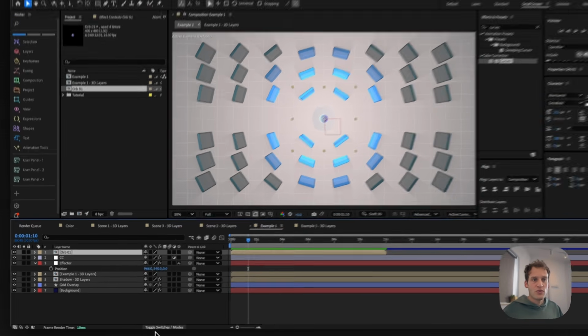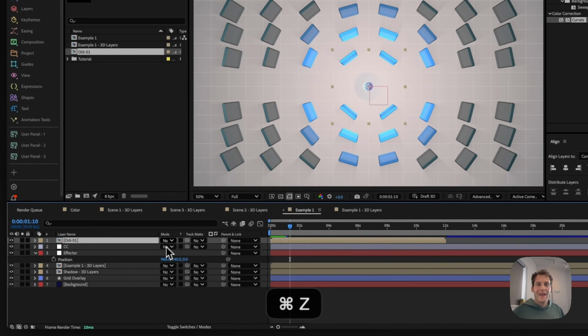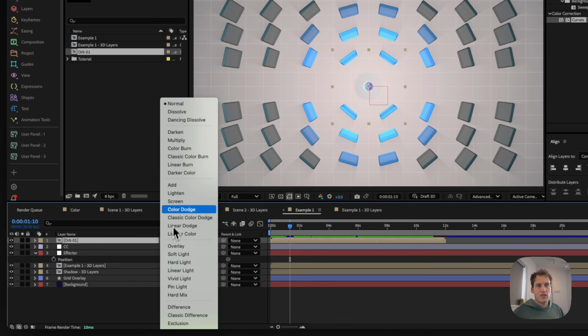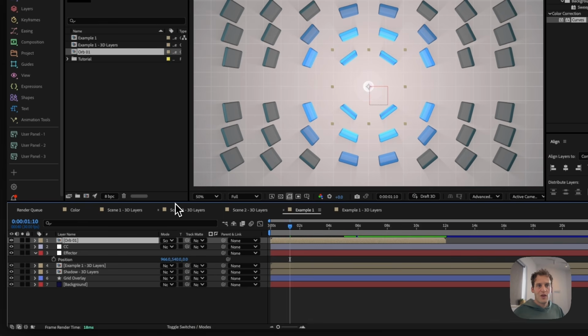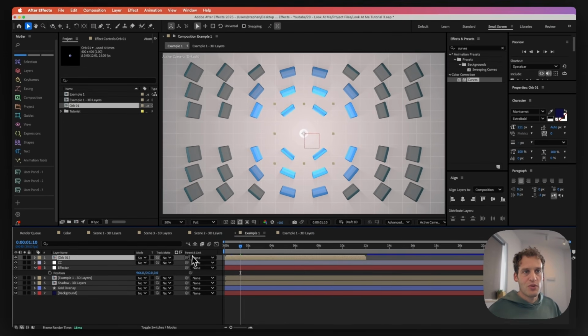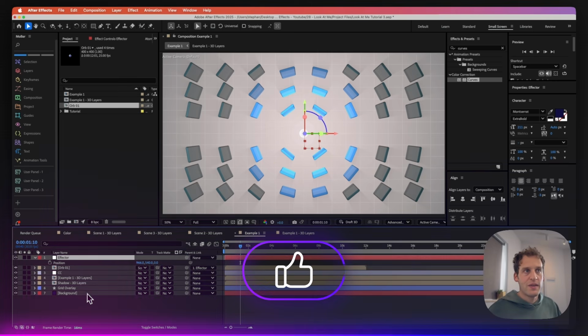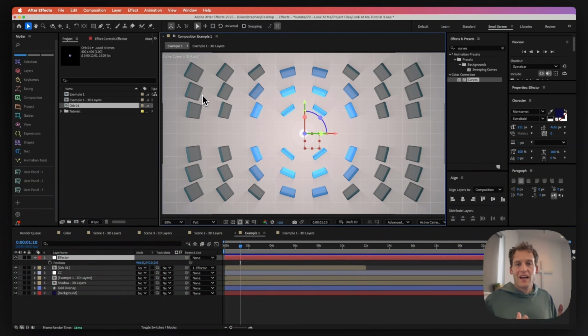And now I'm going to go to the solo, toggle this switch in here, and go to the transfer mode and change that to screen. Perfect, so our orb is ready. I'm simply going to parent that to the effector once again and bring the effector all the way up in here. So this is perfect, I like how it looks,